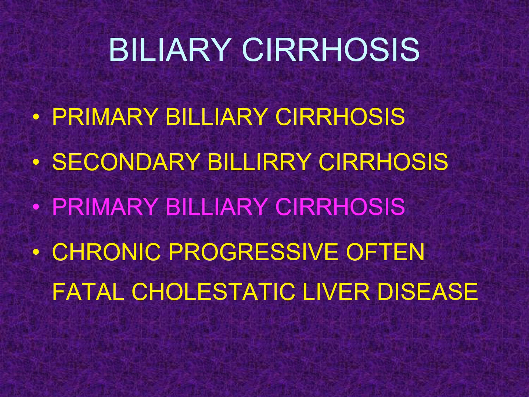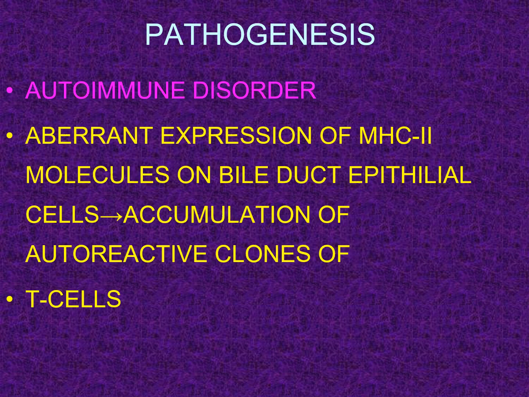Primary biliary cirrhosis, as the name implies, is because of some sort of autoimmune disorder. This is mostly seen in middle-aged women, in which there is autoimmune destruction of the small biliary ducts. Primary biliary cirrhosis is characterized by a chronic, progressive, often fatal cholestatic liver disease, and the pathogenesis involves the autoimmune